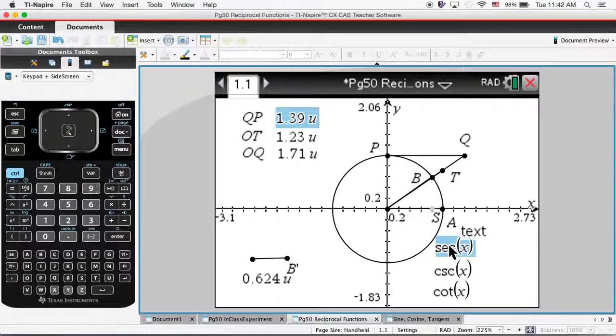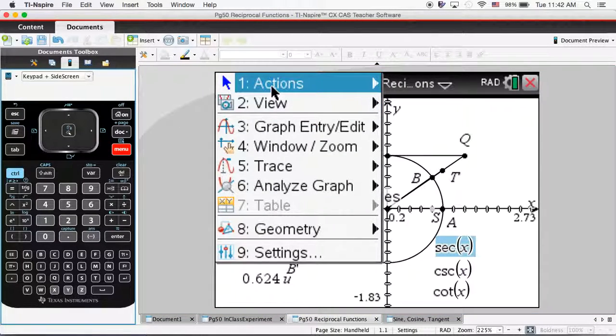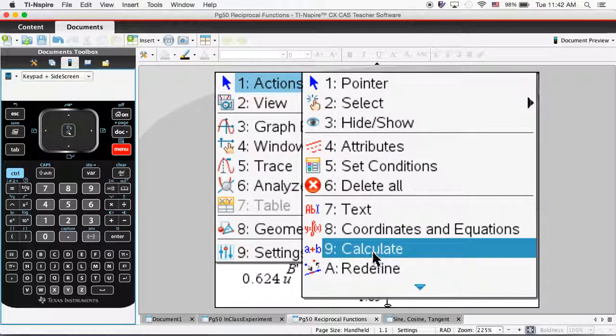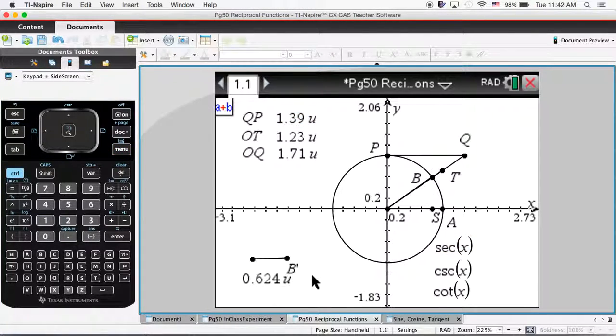So secant, let's calculate secant of x, which is the radian. So radian is 0.624, so I'm going to choose this one first, and then I'm going to plug this 0.624 in for x. I choose this, gives me 1.23. Cosecant gives me 1.71. Cotangent gives me